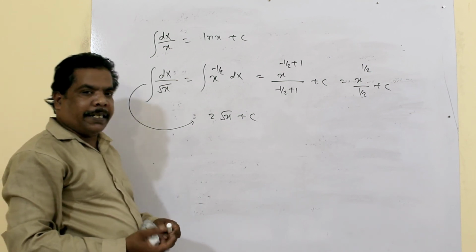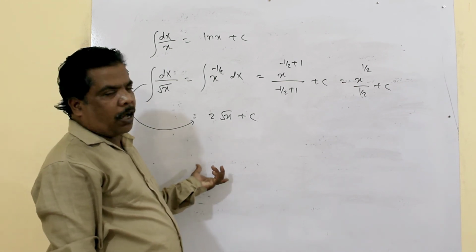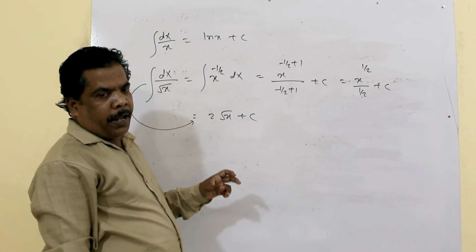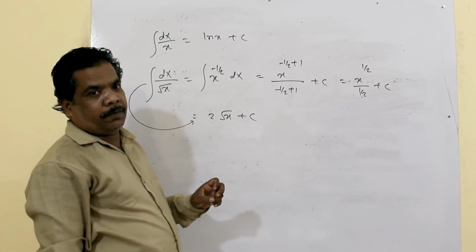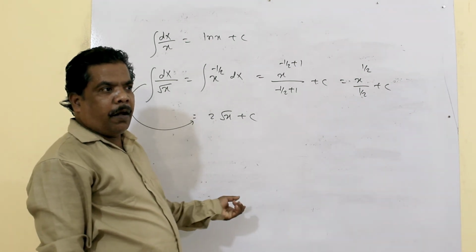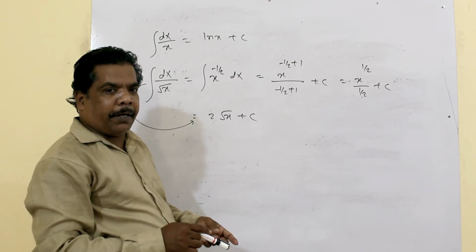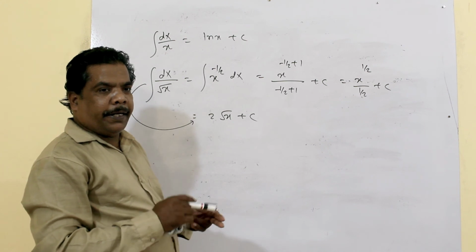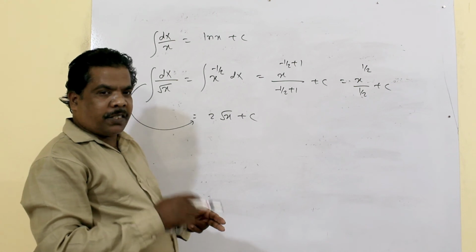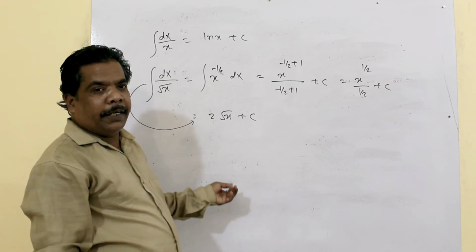Now we know what integration is and what the standard formulas are. Next class we solve some problems, and for that we need to know the rules of integration. What is integration? Integration is nothing but the antiderivative. The inverse process of derivative is called integration. Integration is called antiderivative, and it is called primitive. It is also called the integral of a function. The process or method to obtain the integral is called integration.